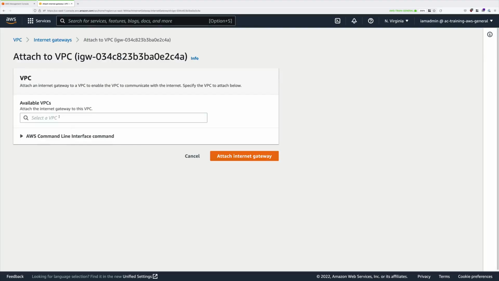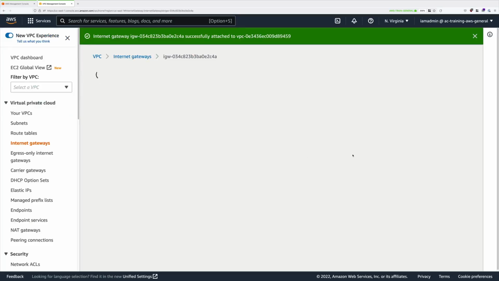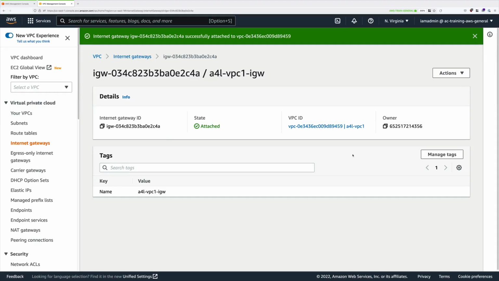Inside the Available VPCs box, just click and then select A4L-VPC1. Once selected, go ahead and click on Attach Internet Gateway, and that will attach our brand new Internet Gateway to the Animals for Life VPC. And that means that it's now available within that VPC as a gateway object,